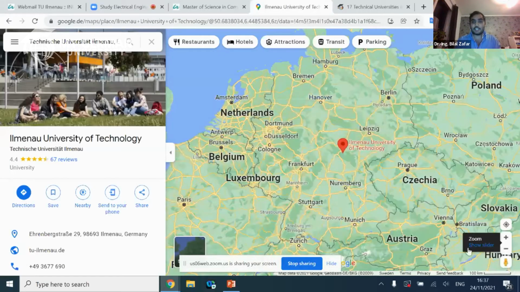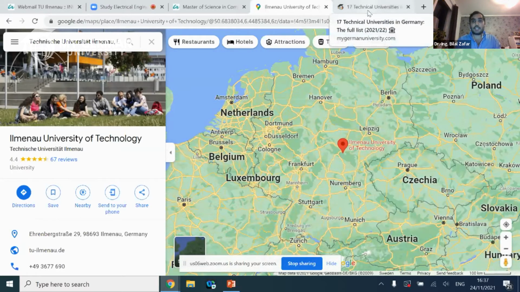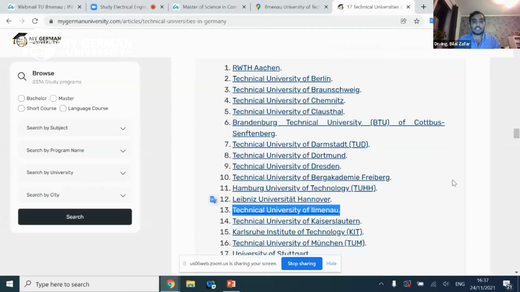We are located in more or less the middle of Germany, a bit towards the east, in the province of Thuringia. It's a very beautiful province. There's a lot of nature, forests, a lot of hiking and stuff. A lot of people from around Germany come to us for these things. TU Ilmenau is one of 17 technical universities. So basically, if you don't know about the TUs, we are the highest level of universities in Germany. So we can award PhDs, for example, and the research work and the education and everything is at the highest level.